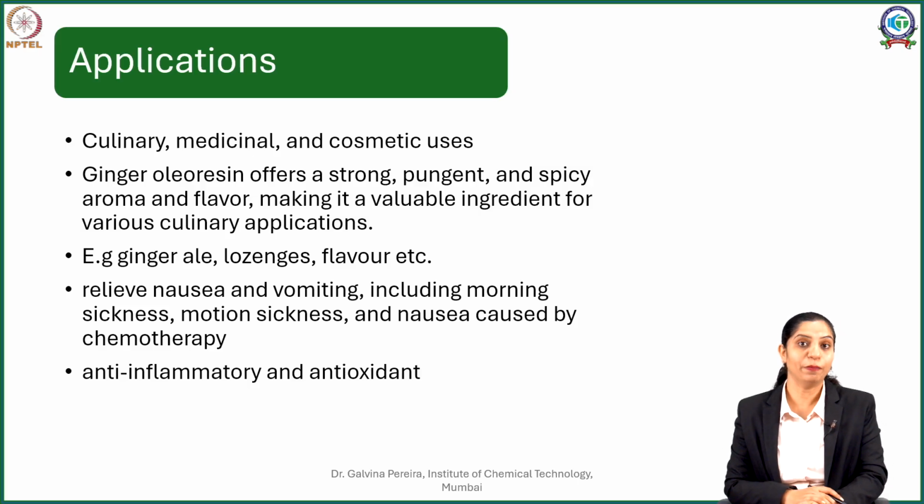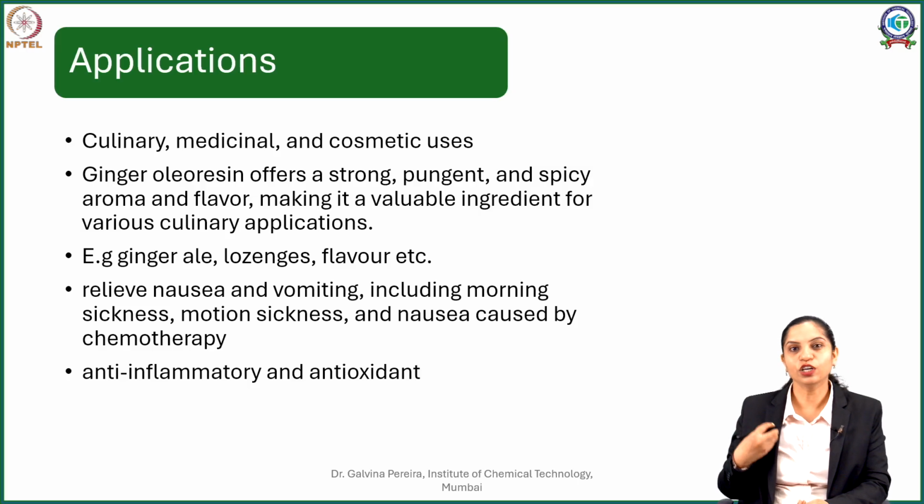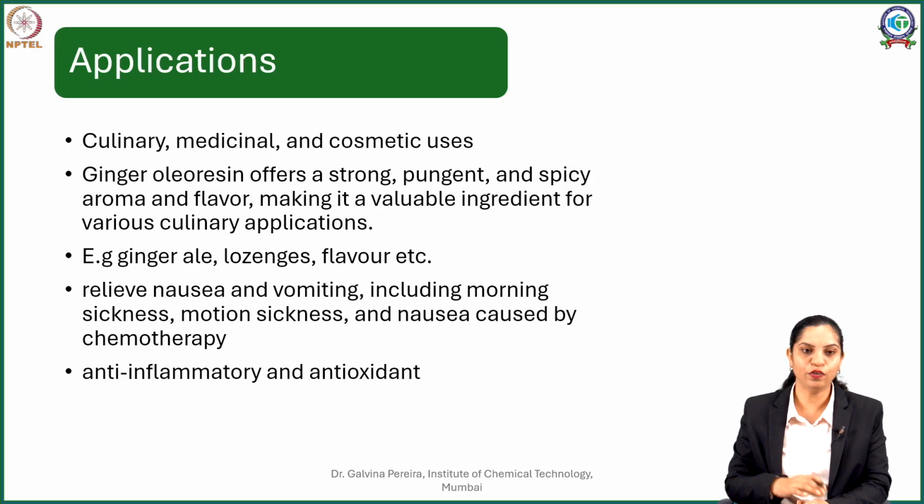Now coming to the pharmacological effects, traditionally and also in modern days, we Indians use ginger for motion sickness. So to relieve our nausea, the feeling of vomiting, this includes morning sickness, motion sickness, or even for cancer patients, the nausea caused by chemotherapy, ginger or sunth powder, as we refer to it, is a very commonly practiced remedy in India for this kind of condition.